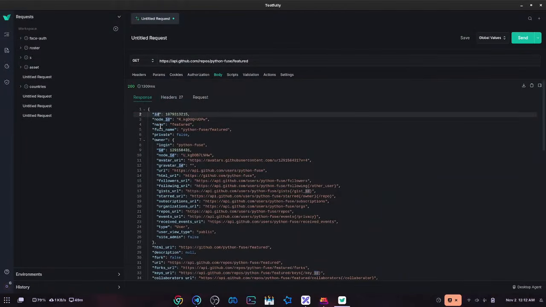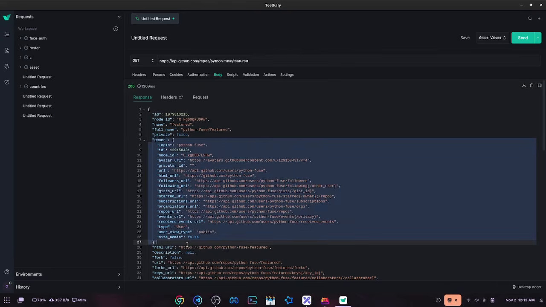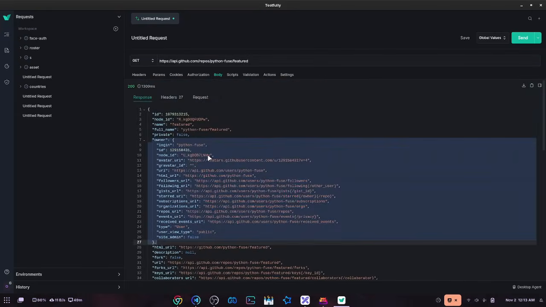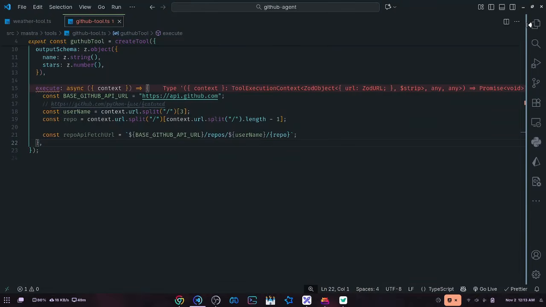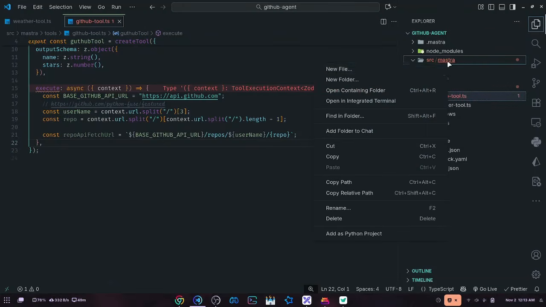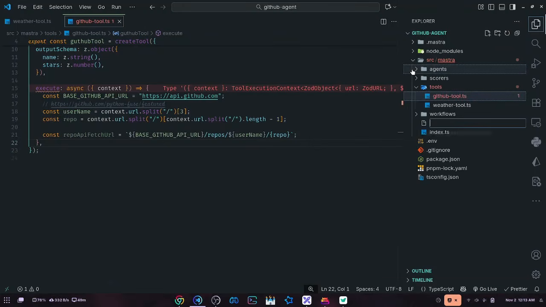So it has an ID, the name of the repo, and the full name, and status whether it's private or not. And then we have the owner information here. So, like I said, we have a couple of other stuff. So to make things easier for us, let's just define a type. So I'll just come into master here, create a new file,